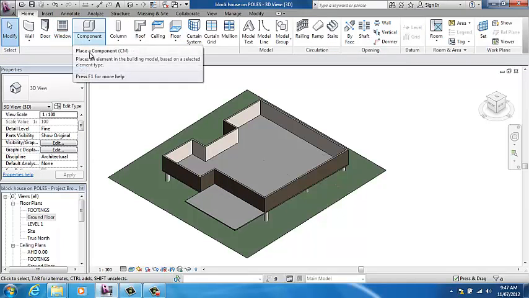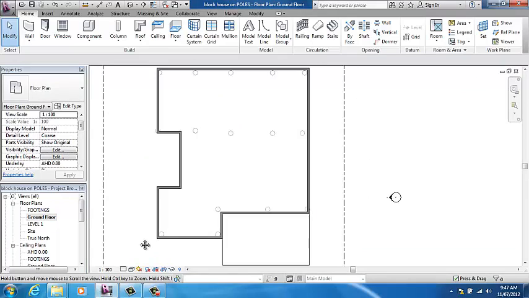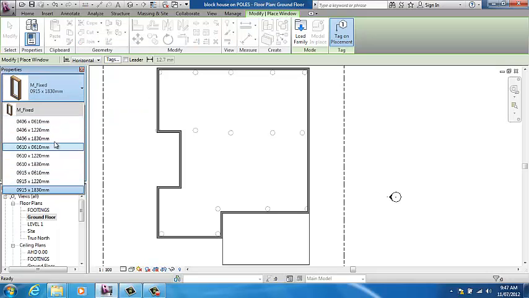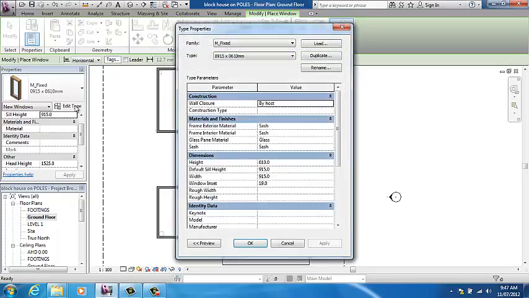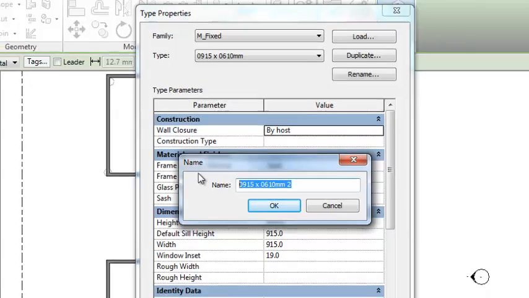Rightio. So windows. The best view to place windows on a building is actually in a 2D view, looking at the ground floor there. It's going to be the easiest to measure where your windows are going. As soon as you click on window, you'll see you're fairly limited with the options. A fairly common size window is one that is 2400 wide and 1200 high. It's not in our options here, so what I'm going to do is select any window. I'm going to go edit type, duplicate, and I'm going to make it